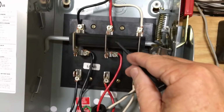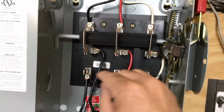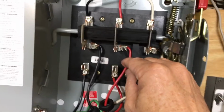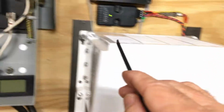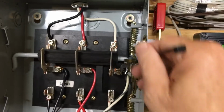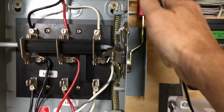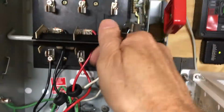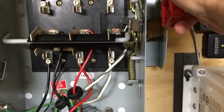And so this thing, the middle part here, is sort of like the common of a toggle switch, if you will. This middle part goes to my Magnum, so that supplies power to my Magnum. Right now it's in the shore position. Of course, if I pull it down, the switch is disengaged and it's not connected to either. And if I want generator,